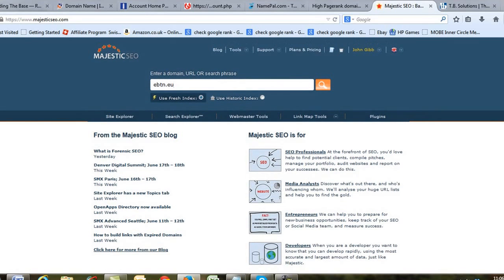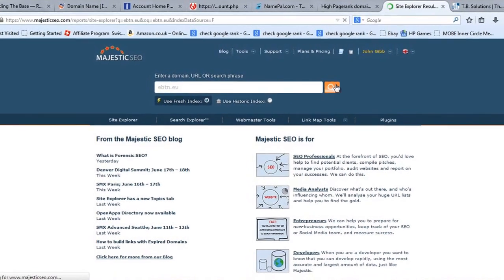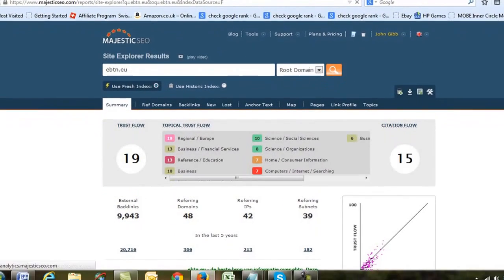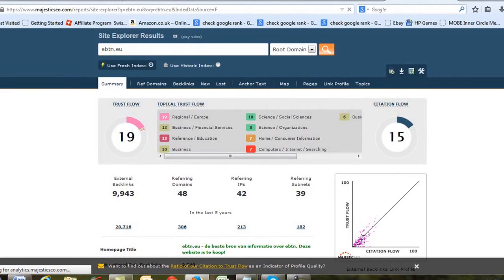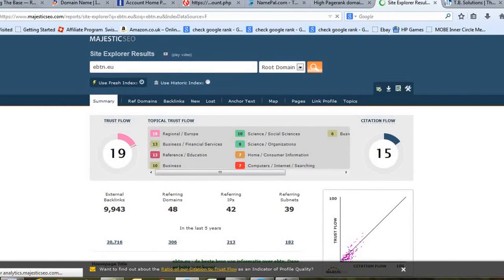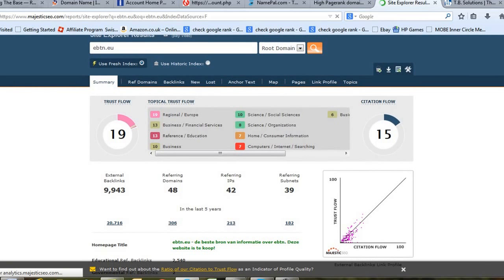You're looking to pay anything from 50 bucks to 500 plus bucks for a really good base domain if you're using private domain vendors. Again, I'll show you how to do this the lower cost way, but I wanted to cover private domain vendors as well. Because some guys out there, like some students, might have some money and you just want to get straight into it and buy some domains off private vendors and stop messing about with the auctions. I use these private vendors a lot,